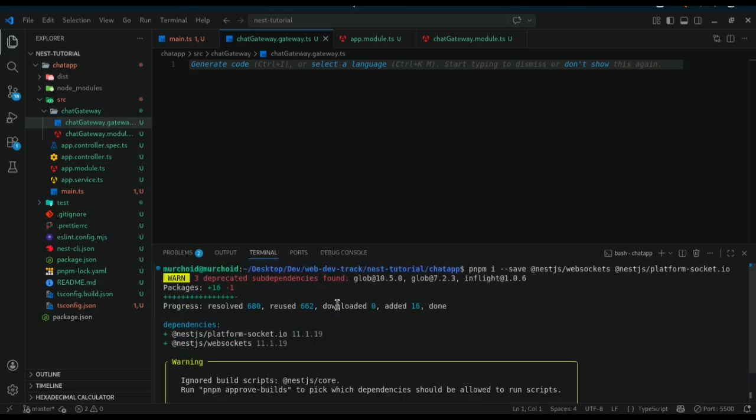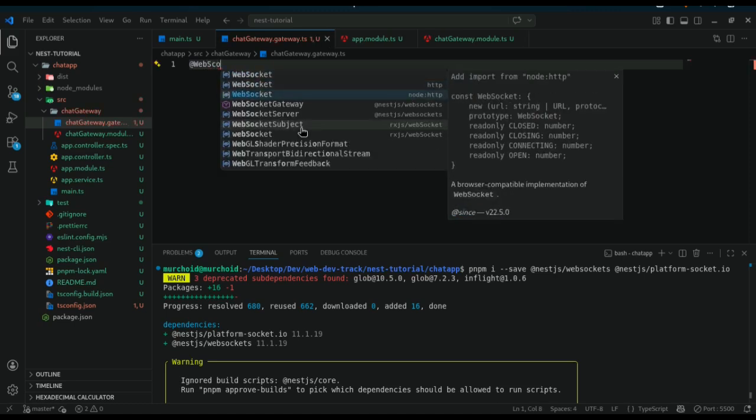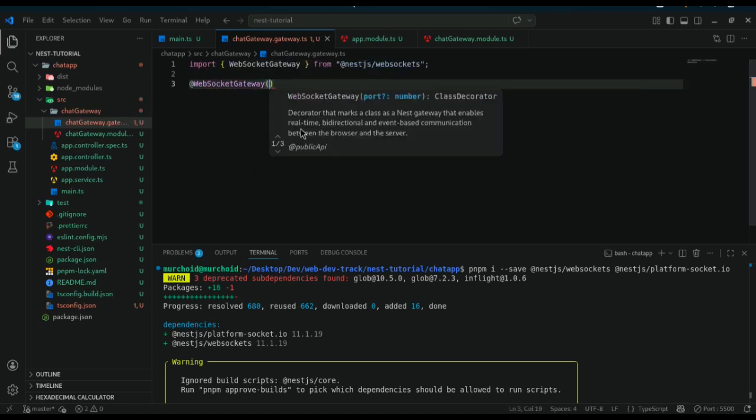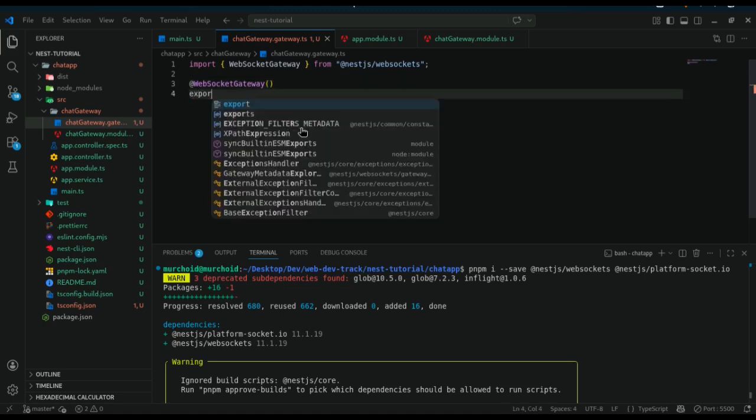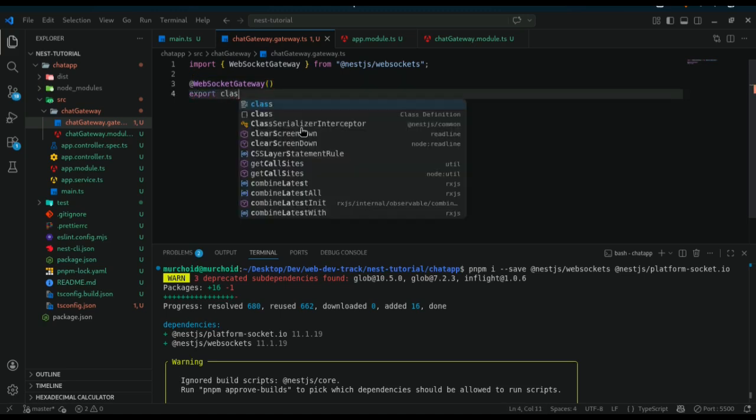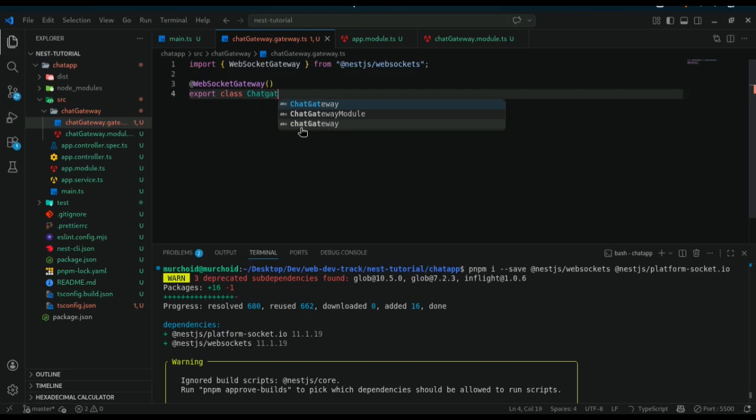Yeah, and once that is done, we are going to have a WebSocketGateway, and this is a decorator, and we're going to export class ChatGateway,